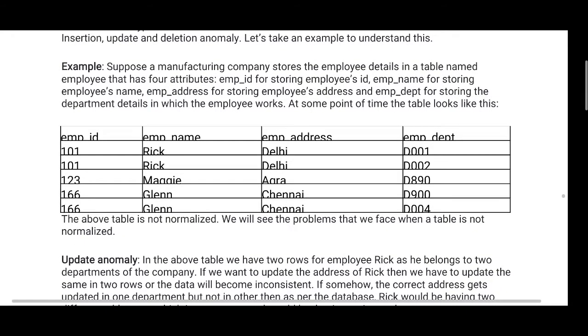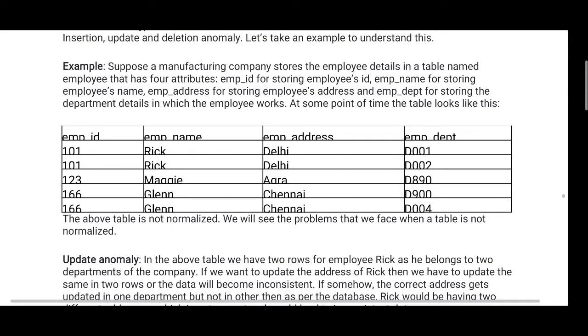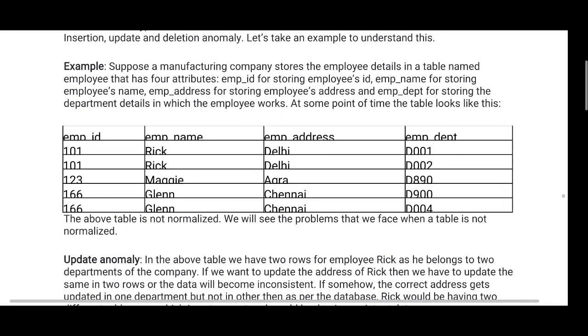Suppose a manufacturing company stores the employee details in a table named employee that has four attributes: employee ID, employee name, employee address, employee department. Employee name and employee address store the employee details, and employee department stores the department details in which the employee works.